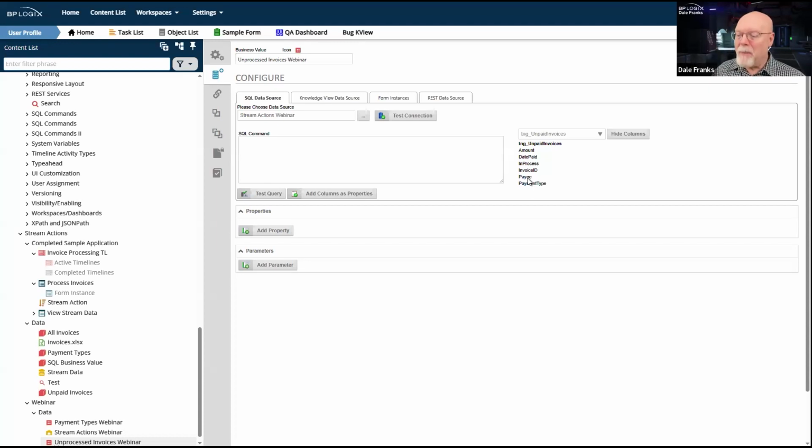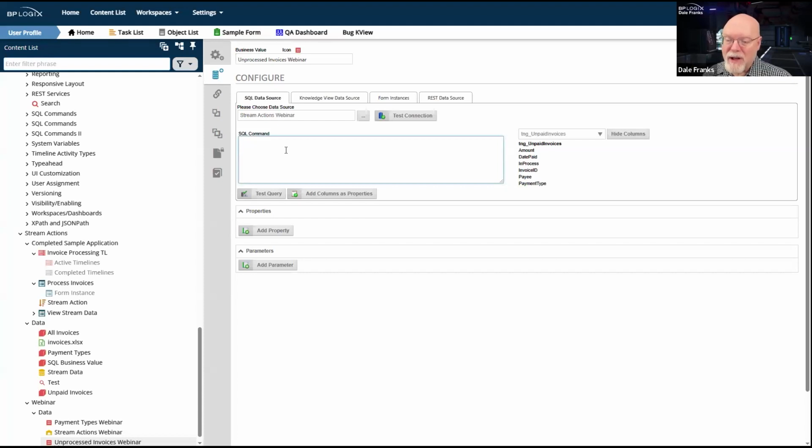I have the payee, the person who's going to be paying the invoice, and the amount of the invoice. Other than that, I don't have much. So I only need those 3 fields.